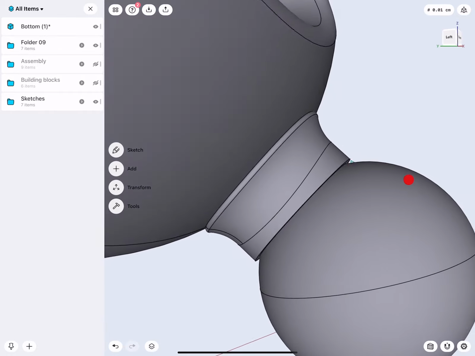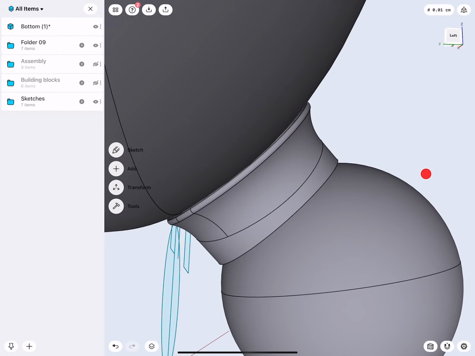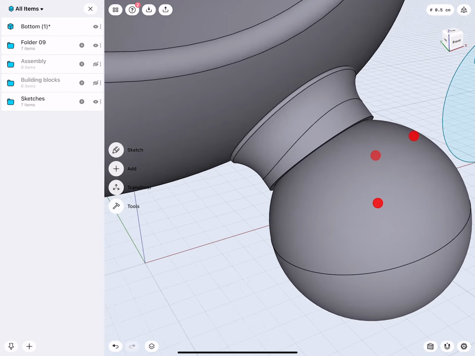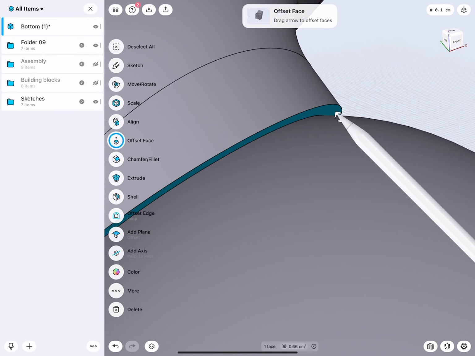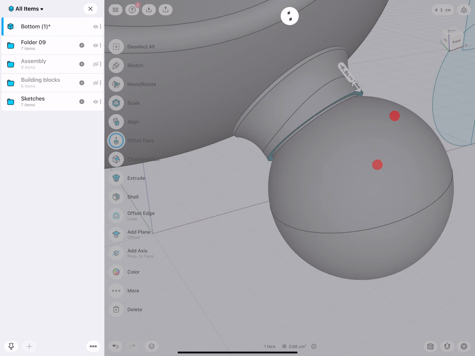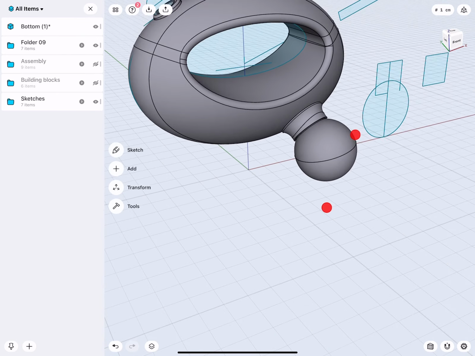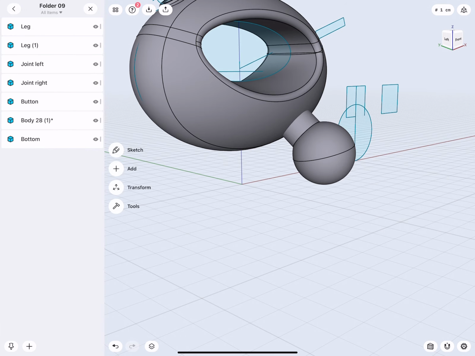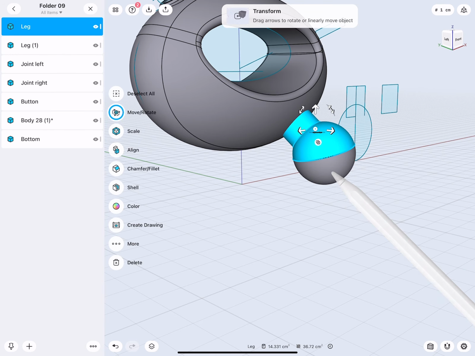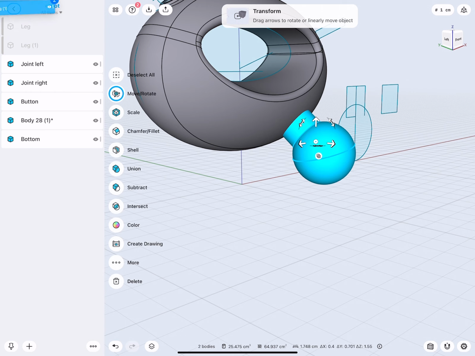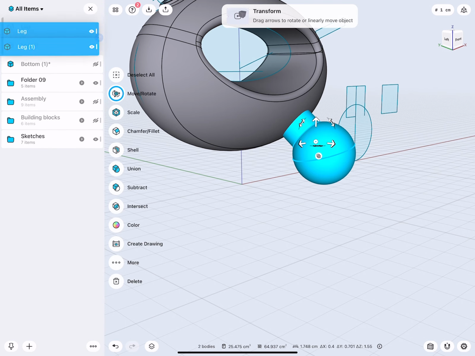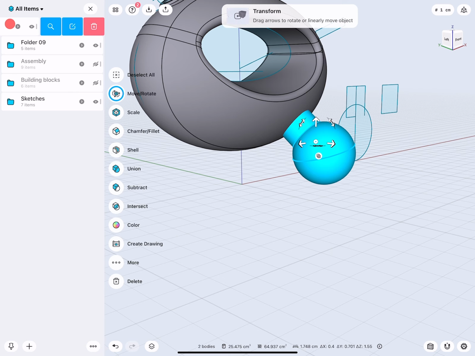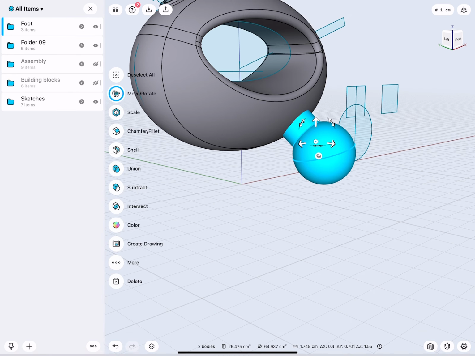There. Now you can see it is actually much easier to see that this sits on that surface. And when this is too tight, you can always move this back a little bit. Beautiful. Now to make our work a little bit easier, I will select these two, drag them out, and drag them in here. And then I will call this foot.